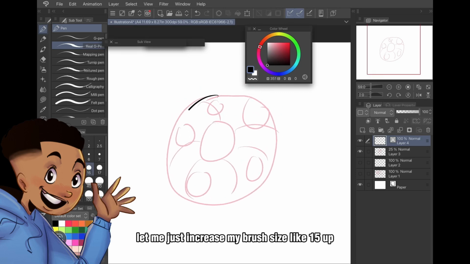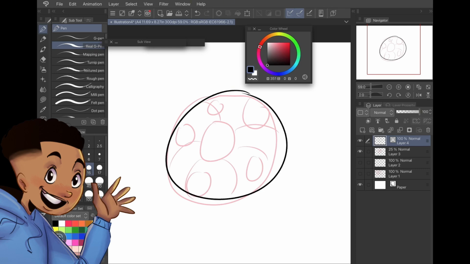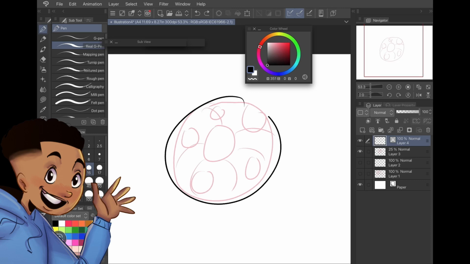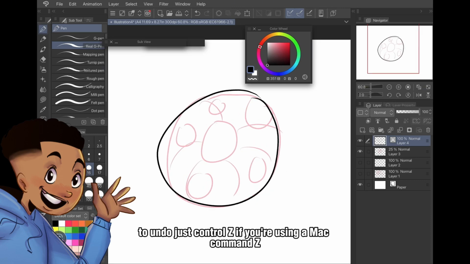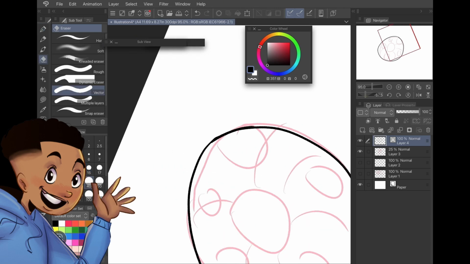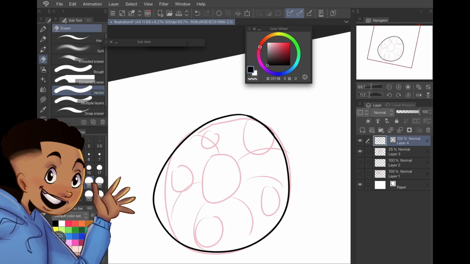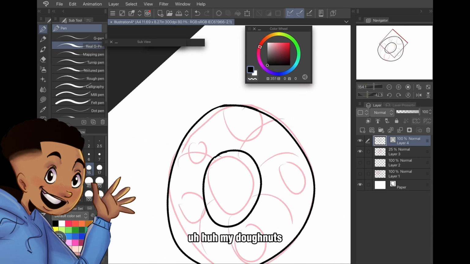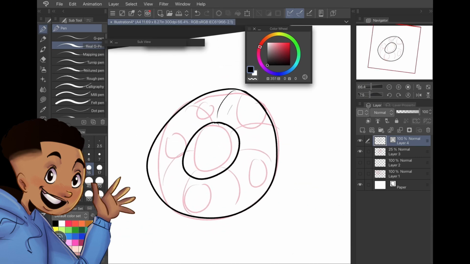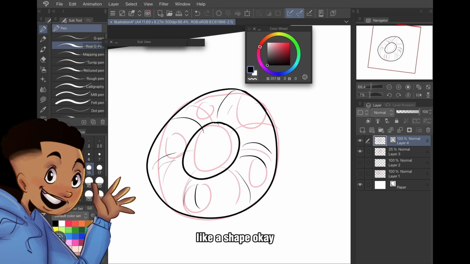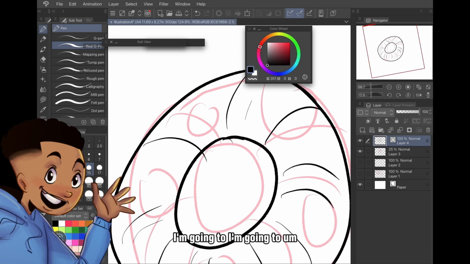Let me just increase my brush size, like 15. To undo, just Ctrl Z. If you're using a Mac, Command Z. I'm gonna just draw my donut. Let me just add some bit of detail to make it look more like a shape. Okay, so now that I've drawn my line art, I'm going to